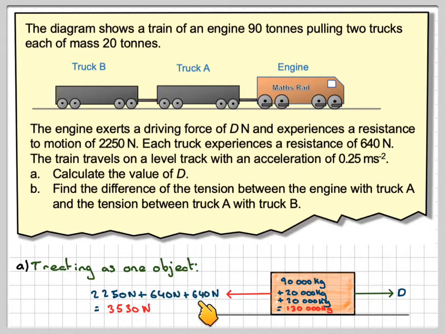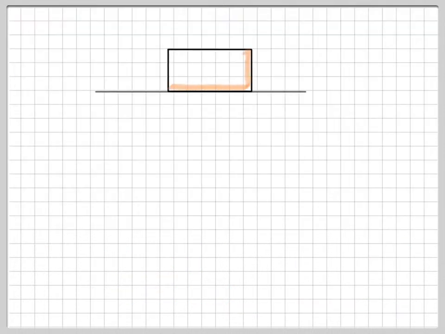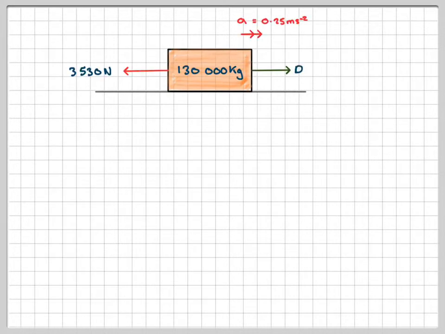2,250 plus 640 plus 640, which is 3,530 newtons. And we have an acceleration of 0.25 meters per second squared. Treating it as one object will allow us to find the value of D quite easily. Just drawing that diagram again and putting in the actual figures, we've got a mass of 130,000 and a resistance of